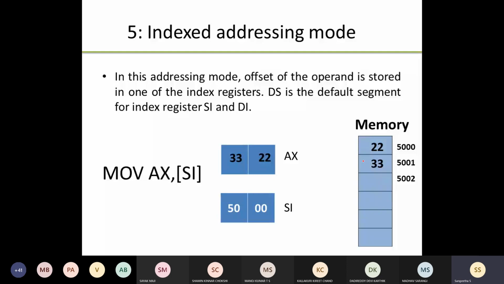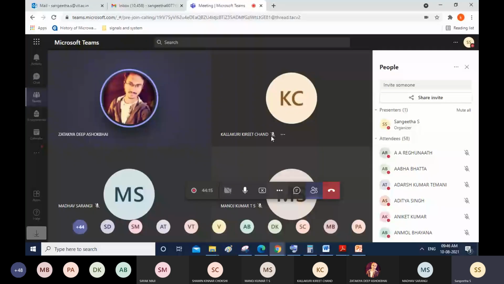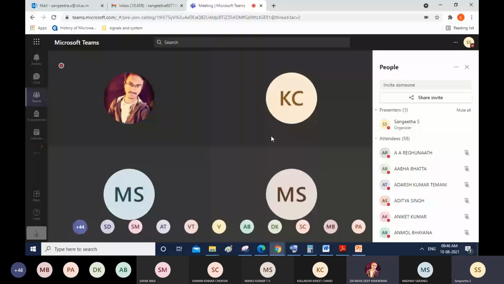Is it clear? Ma'am, are you expecting any hardware project or only a software project? Software, that depends on you. It is not required that you have to do hardware only. It is your wish. Software itself is fine. If you're going for software, you have to do it using 8086. Okay, if we show you the simulation test, fine? Yes, it's fine. Okay, ma'am, got it.